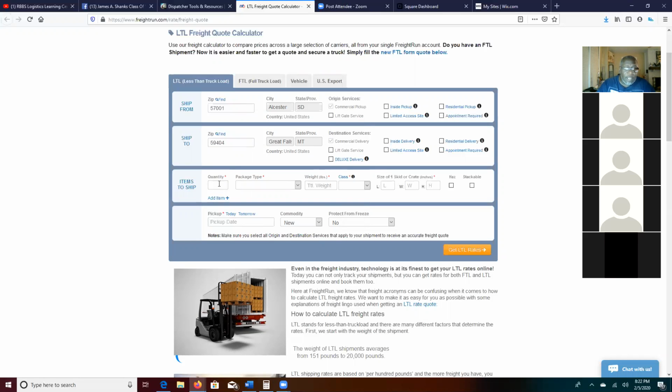Okay. Now, how big is the package? How big is the load? What's the quantity or the package type? The weight, the total weight. Now, it's going to be a skid, 48 by 40. Is it going to be oversized, or a crate box?